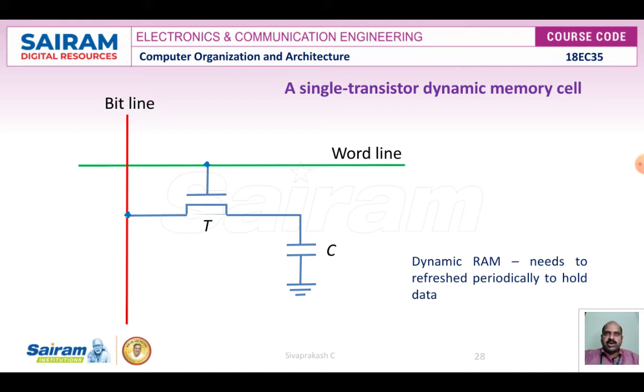After it is turned off, the information stored in the cell can be retrieved correctly only if it is read before the charge on the capacitor drops below the threshold value. During a read operation, the transistor in a selected cell is turned on. A sense amplifier connected to the bit line detects whether the charge stored on the capacitor is above the threshold value or below the threshold value.